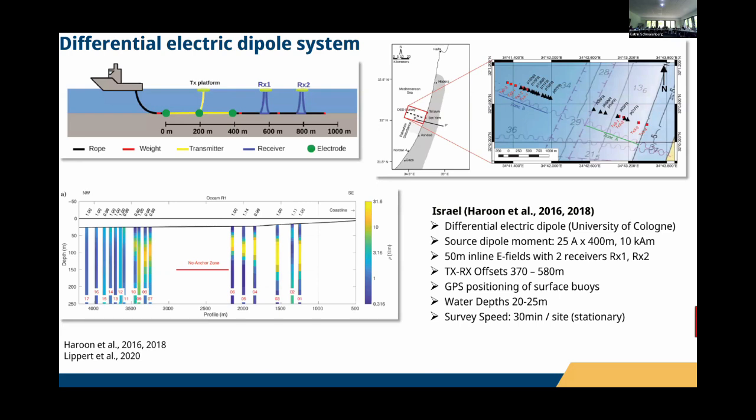Positioning with surface buoys. Operating water depths 20 to 25 meters. Those were single-site measurements, quasi-stationary, as the whole area was moved from site to site. So that's rather slow,